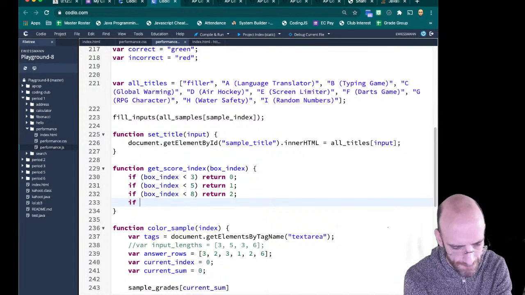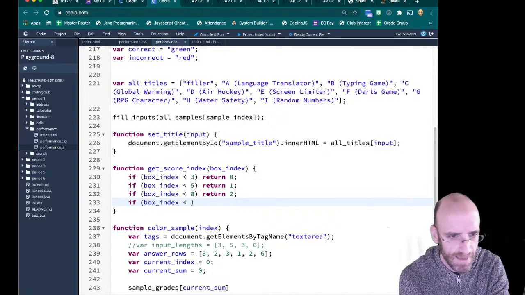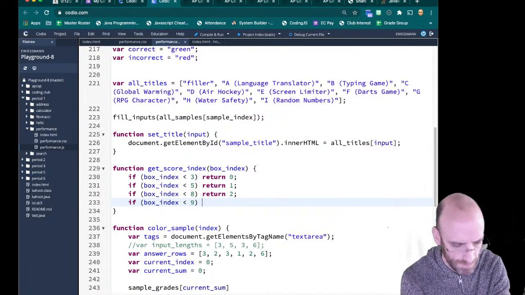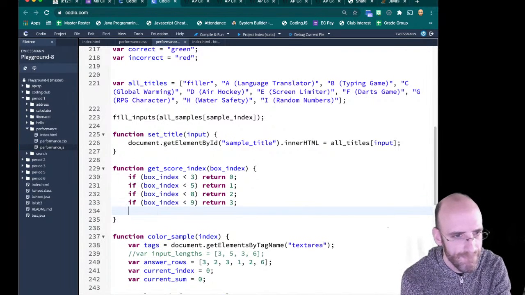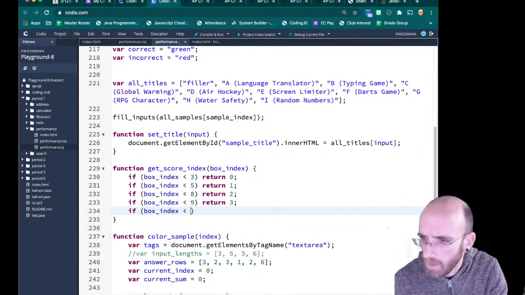If box index is less than 9, we return 3. If box index is less than 11,